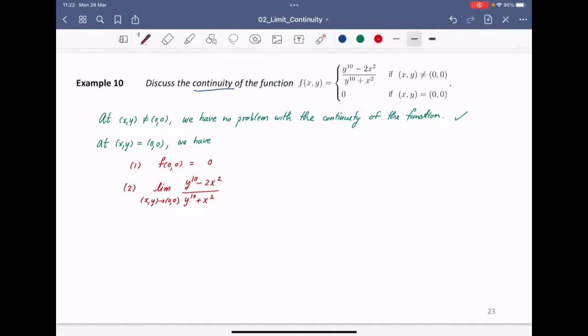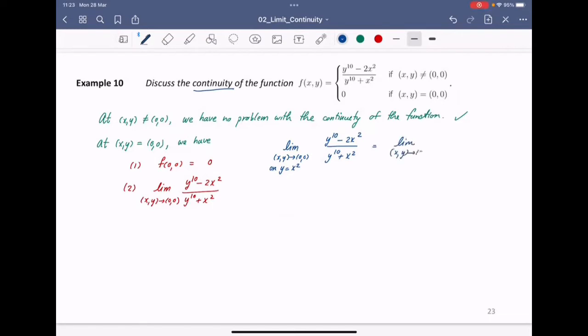Let's follow him. So he's going to pick the limit as (x, y) goes to (0, 0), where y equals x squared. Let's try it. On y equal to x squared, you're going to get y to the 10 minus 2x squared. Okay, let me copy the question first. If you get y equal to x squared,